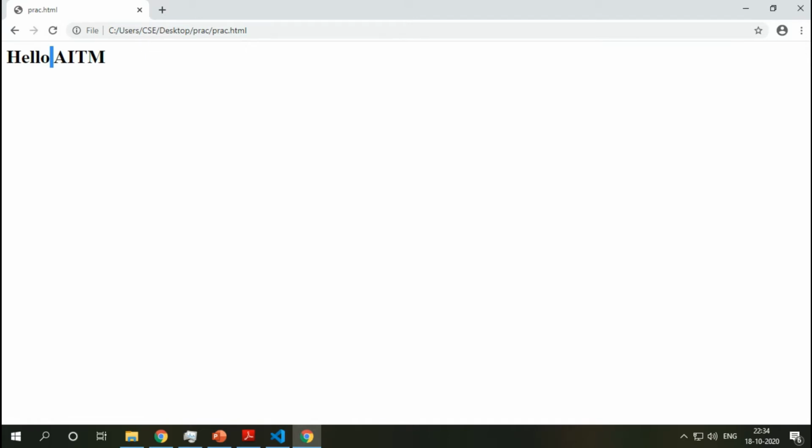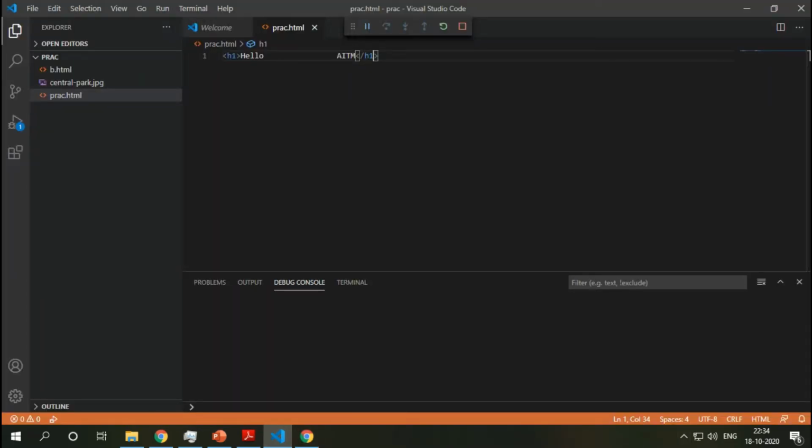If you want multiple spaces, what we need to do is use ampersand NBSP. Here, one, then another one. I have given three non-breakable spaces here, right?